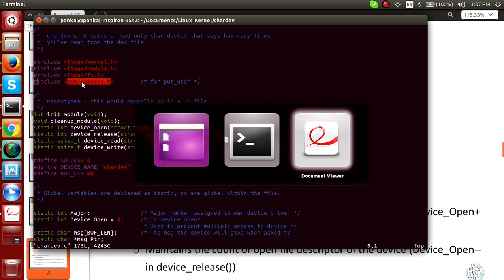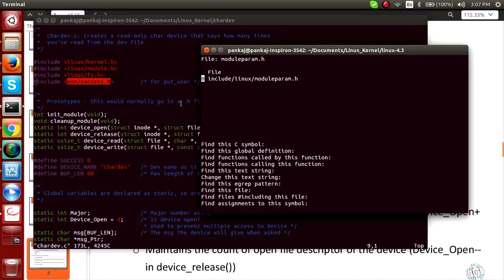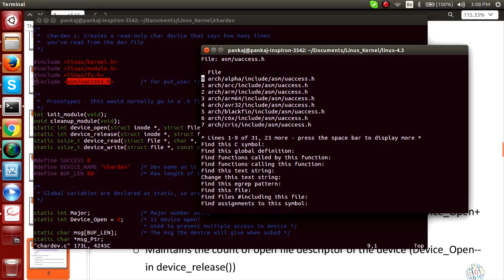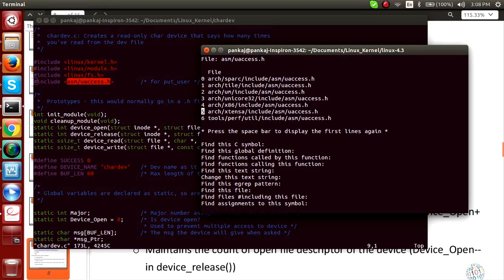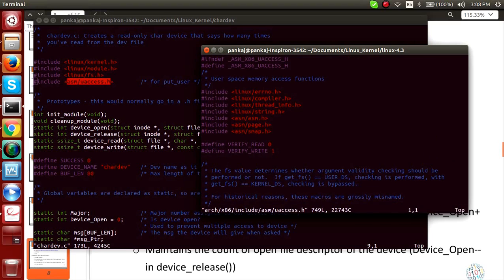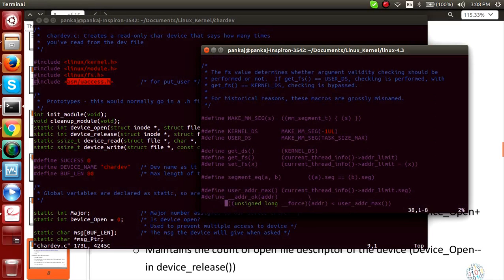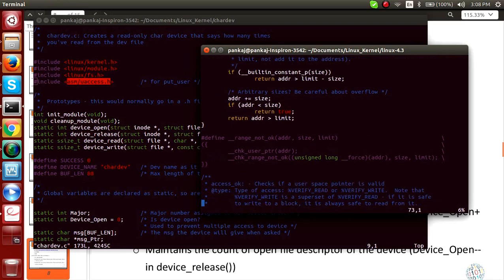So uxs.h will have the major numbers allocation. We'll see for architecture x86, this one is relevant to us.